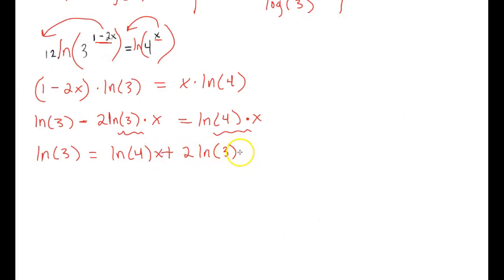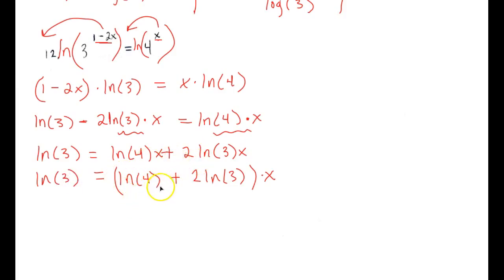And of course, both of these have terms of x with it. Okay? At this point, I'm going to factor out the x out of both terms and just rewrite natural log of 3. And then at this point, I could just divide both sides by natural log of 4 plus 2 natural log of 3,